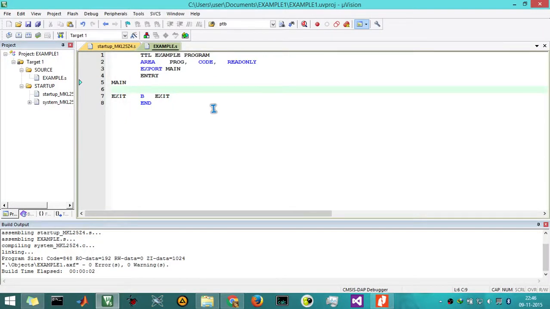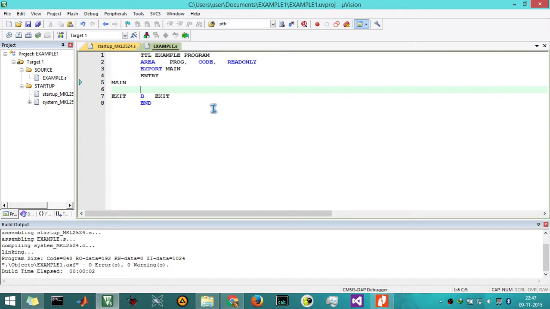In the last tutorial we saw something about assembly language programming for the FRDM development board, and we went through the debugging steps of this board using Keil MicroVision. In this tutorial we are going to see more instructions used in assembly language programming and some assembler directives. Assembler directives are used to make our program look more effective, and today I am going to concentrate on the move instruction and the load and store instructions.